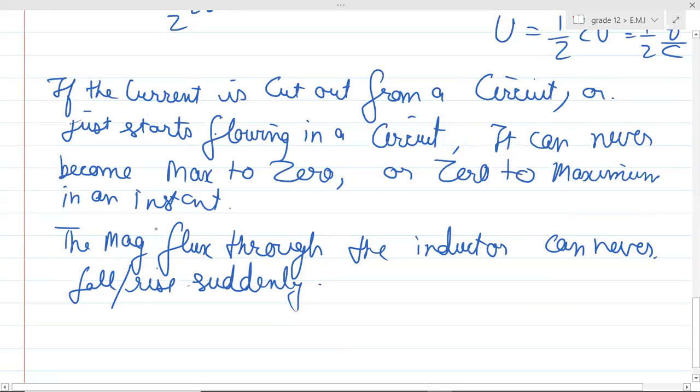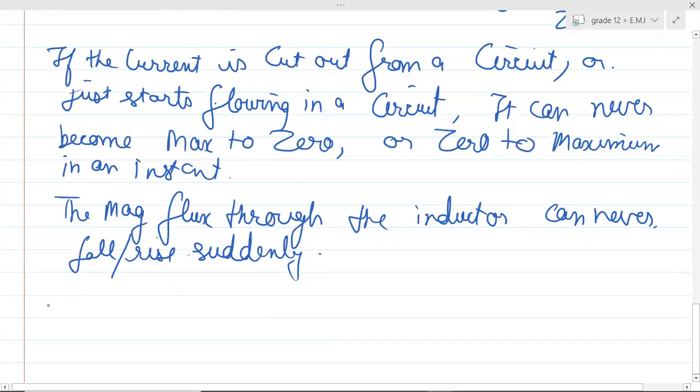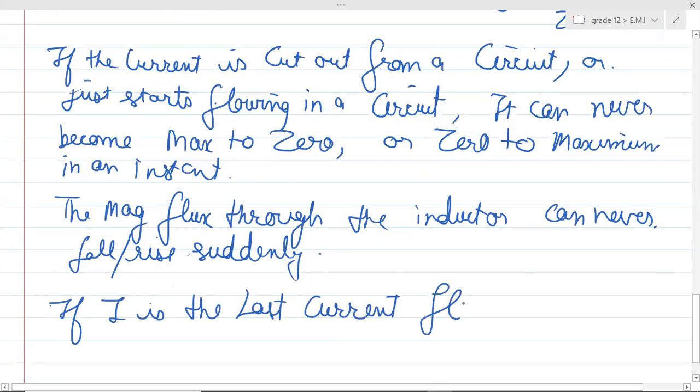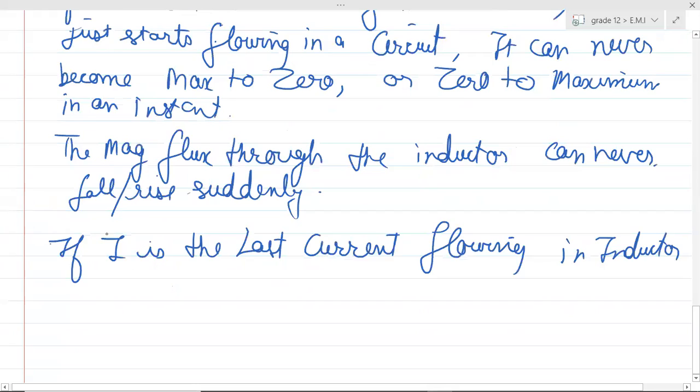So suppose just take this case when the current was initially flowing and then it is cut out. Then tell me, if I is the last current flowing in the inductor, then before cutting,